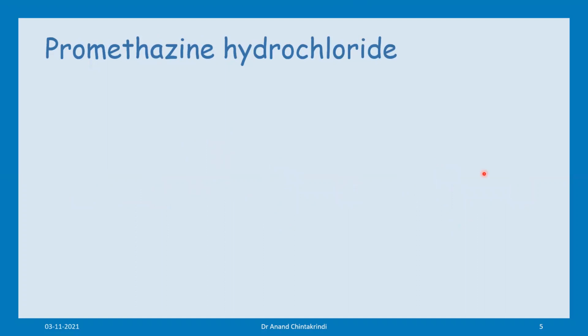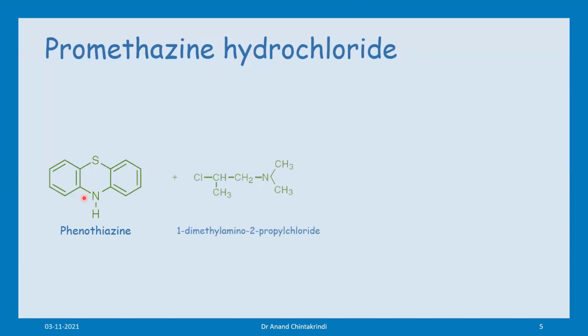The next drug under this class is promethazine hydrochloride. This starts with phenothiazine. As promethazine belongs to the phenothiazine class, you directly take phenothiazine and react it with 1-dimethyl amino 2-propyl chloride. There is a propyl chloride on which at the first position you have the dimethyl amino group, and at the second position you have